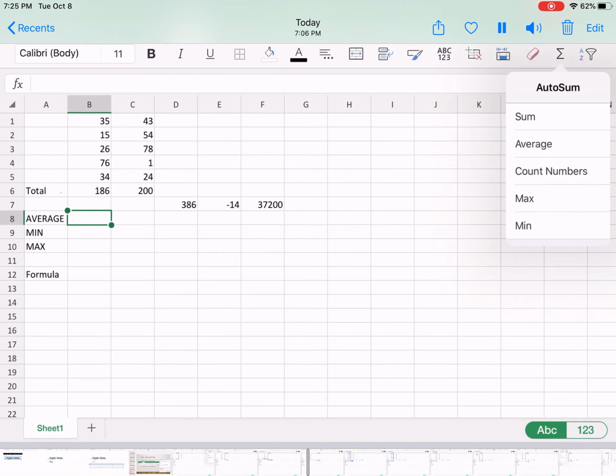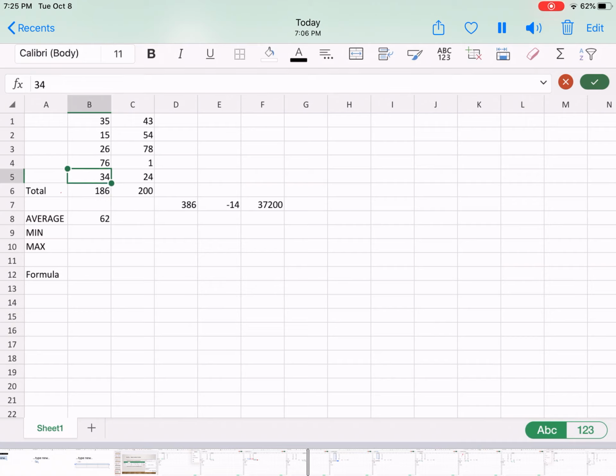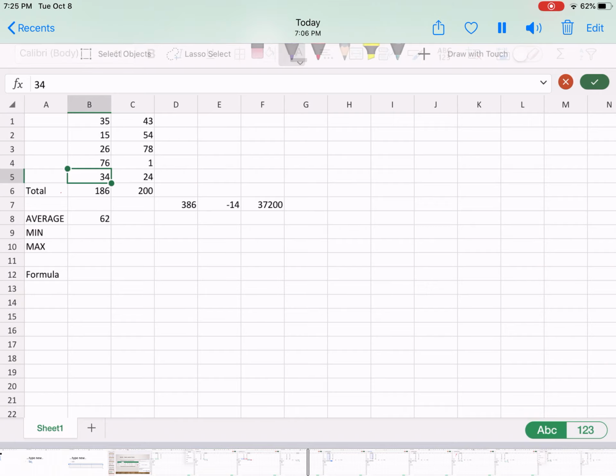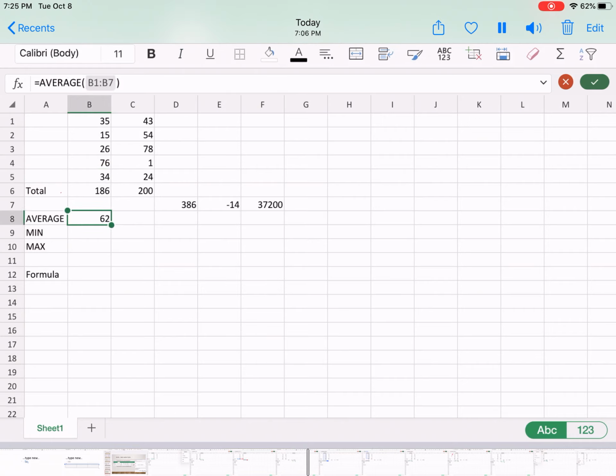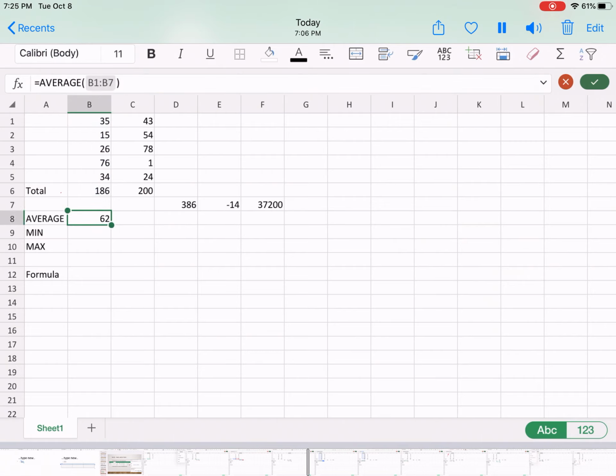You saw here that you could select average. So if you do this, it's going to ask you which ones do you want to do the average on. Now, I said earlier you can change this, and you can. I don't want to do the average on the total line. I only want to do the average on B1 through B5. And so if I am down here and I say auto sum the average, it's not letting me,